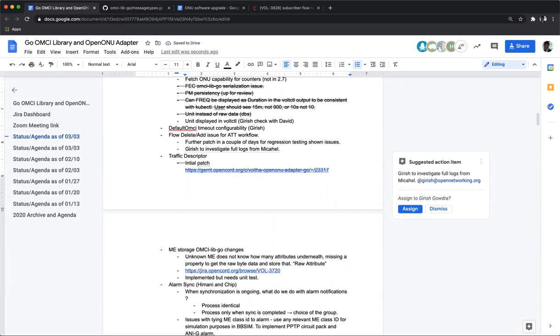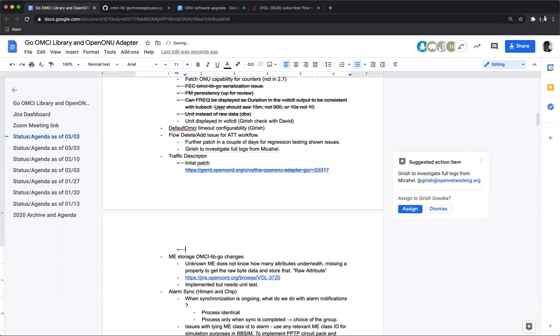So what's the next step here? My other patch includes trigger, create, set, and delete traffic descriptor ME. Okay.